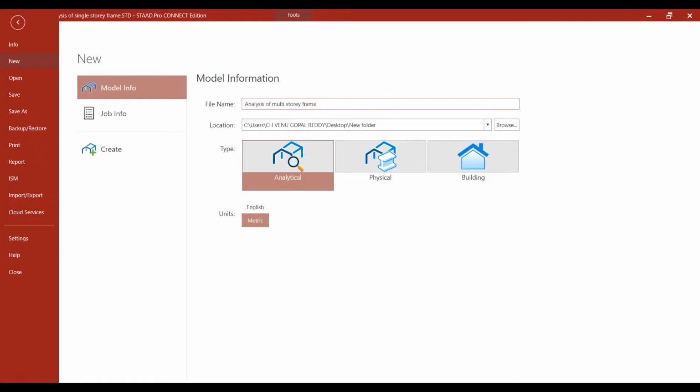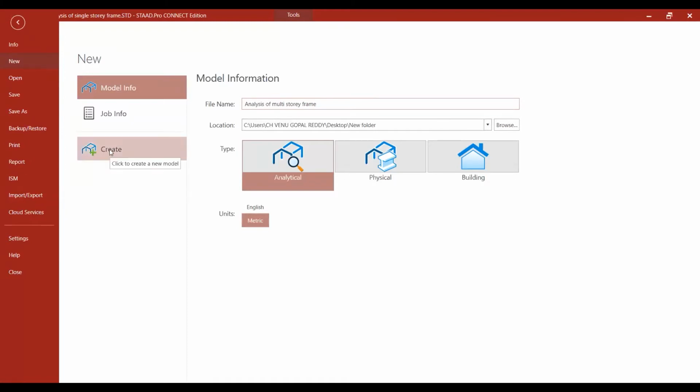This is the location where you want to store it; you have to give the location for this file. Units are metric units, meaning meters.